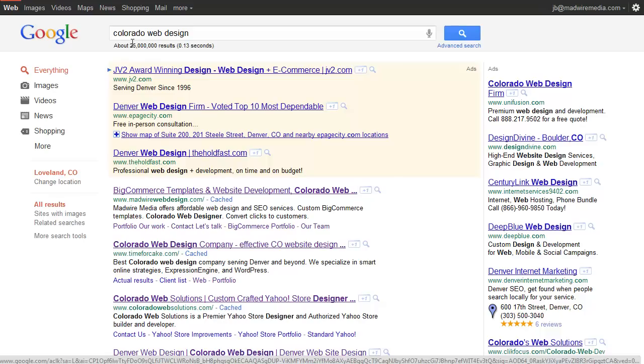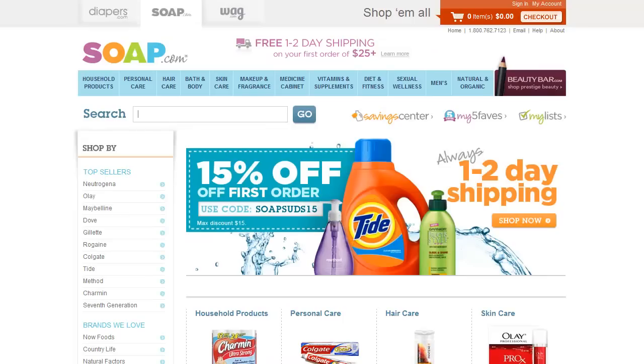Let's take a look at some other websites out here. Let's look at a few e-commerce sites to start off. Let's look at soap.com, which is a site that converts very well, has a very professional design, extremely successful. Jerry, do you want to talk about the strengths of this design? Hey, you bet, JB. You see that when you come here, it's a very targeted domain name, soap.com.